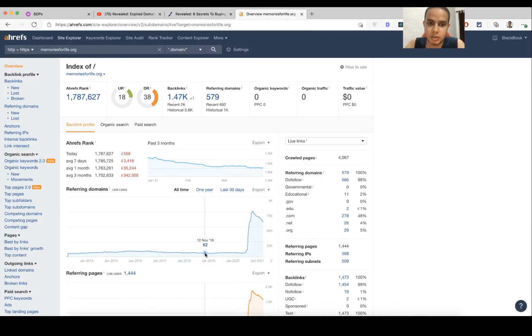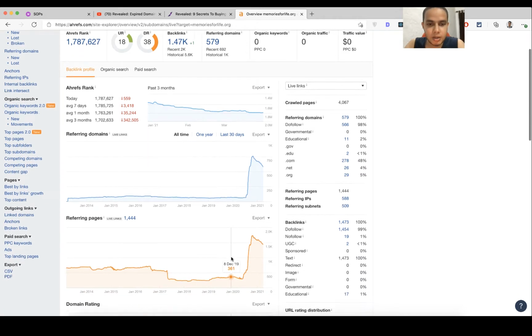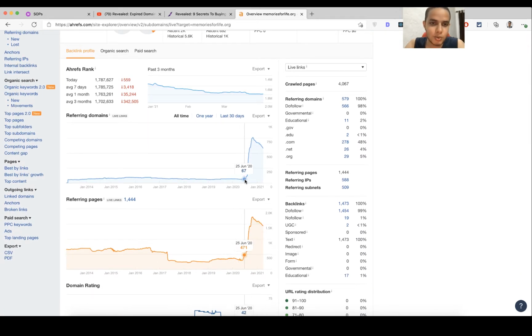So you see that it used to have around 50 to 70 referring domains naturally, but it suddenly spiked up to almost 700, 800. So this is a clear sign of spam, and at this point I would just go and check out if this was spam or not. Mostly it is spam most of the time,